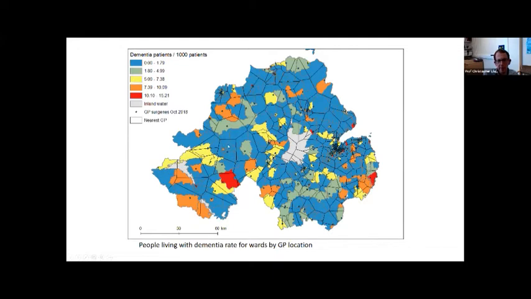So anywhere in this area, for example, I'm assuming you can see the cursor okay, is closer to the surgery that's in the middle of that area than it is to any other one. So this is a simple visualization of proximity to a GP practice in this case. And if you look at someone like Belfast or Derry, Londonderry, then you can see that there are many more. Obviously, you've got a higher density because your population's got a higher density. But in some of the rural areas, you could be talking about very large physical distances to reflect the much lower population density.